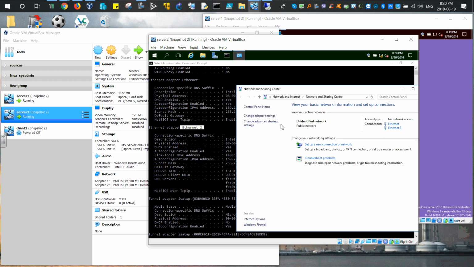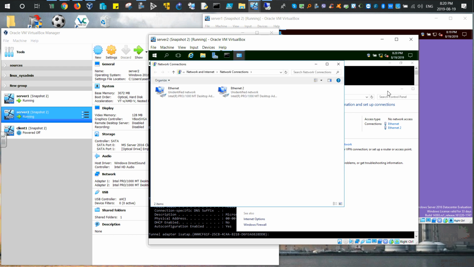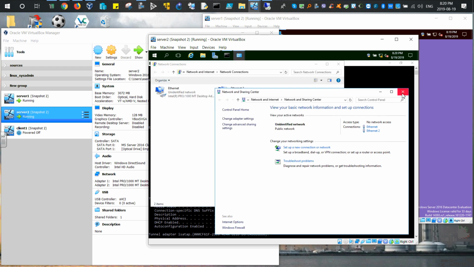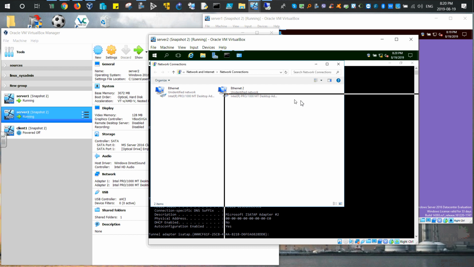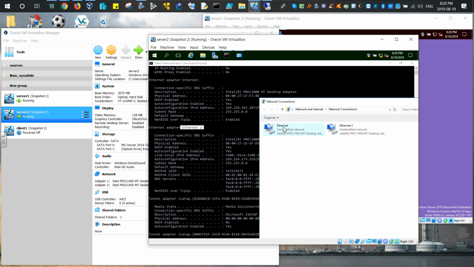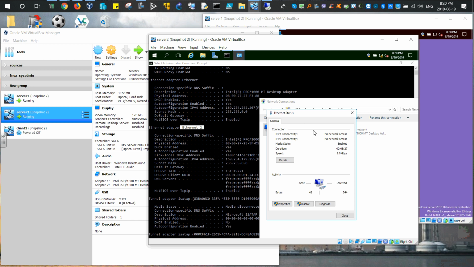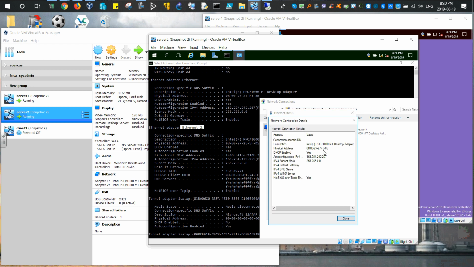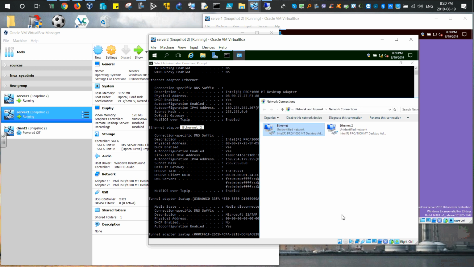So I'll move this a little bit. I'll do change adapter settings. Actually, I don't need this anymore. And I'm going to go in here. Well, by default, the Ethernet will be this one, but I would like to be sure, right? So I'll open this, I'll go to details. And when I see F38B, well, I know this one is this one. So this guy,